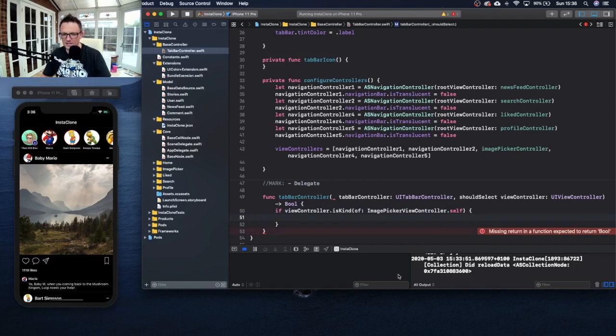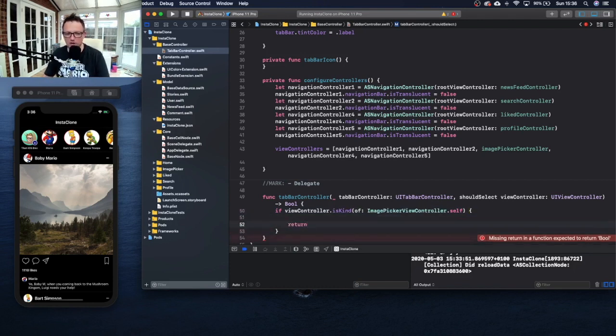So basically, this is just saying the view controller that's being selected in the tab bar, is it of this type? If it is, then we need to return false, because we don't actually want the tab bar to move to that view controller. We actually want to present another view controller modally. So we set this to false,